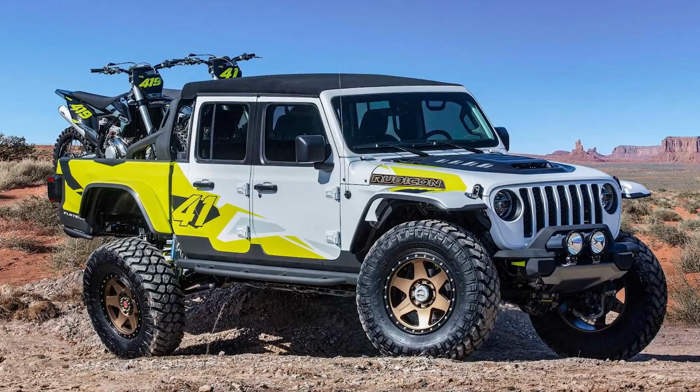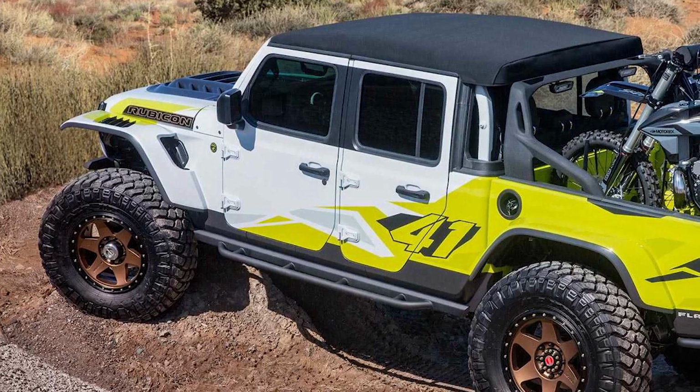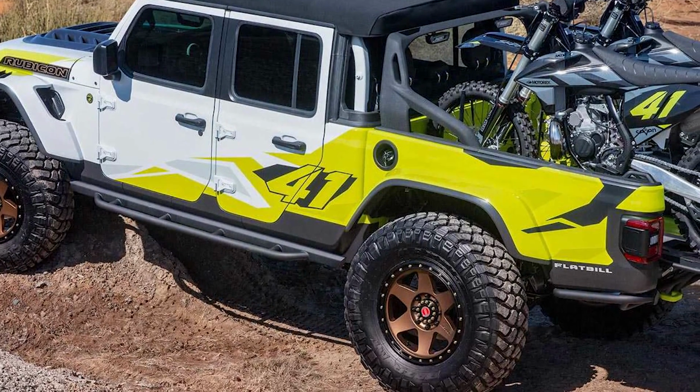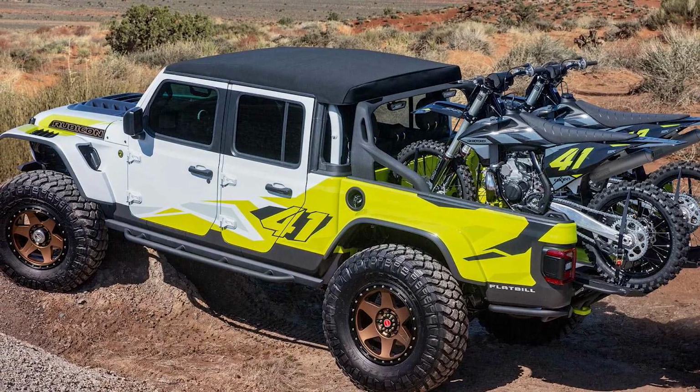And then you have my favorite concept that Jeep brought to EJS this year, and that is the Gladiator Flatbill. This thing is absolutely awesome looking. Some visual modifications were done. It has a little bit of carbon fiber in the hood. Of course, it is running a 4-inch lift with ProRock 60s front and rear, so big axles, which you might need if you're turning a 40-inch tire, which is what's underneath this Jeep. The thing is built to haul some dirt bikes out into the desert and have an absolute blast, almost like